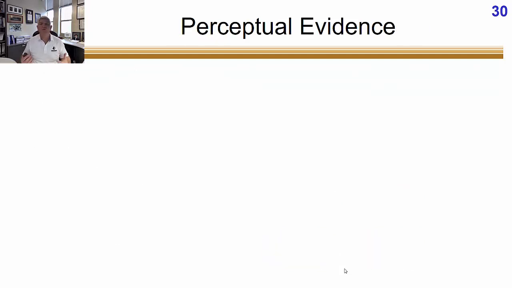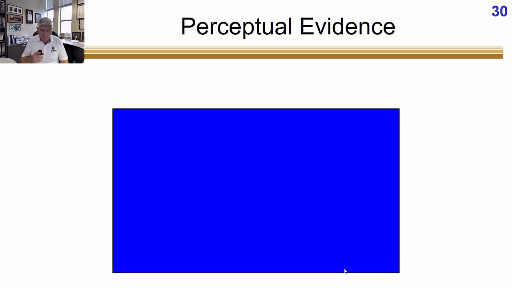Okay, so some perceptual evidence of trichromatic theory. If I shine this square of blue light, I want you to stare right in the middle of the blue light. Think about what's going on as you stare at this blue square, right? Staring right in the middle of the blue square, we are stimulating just your short wavelength cones. We're not stimulating the medium and long wavelength because it's pure blue light.